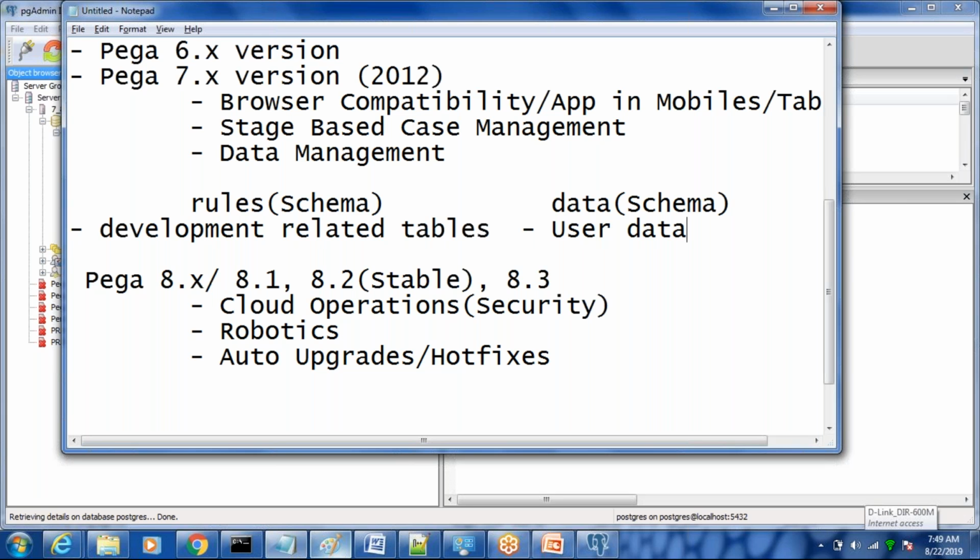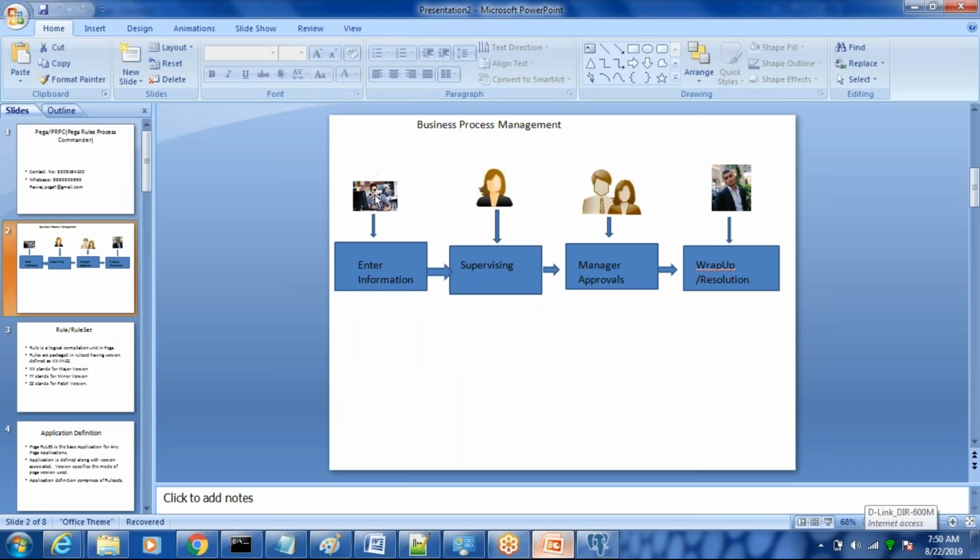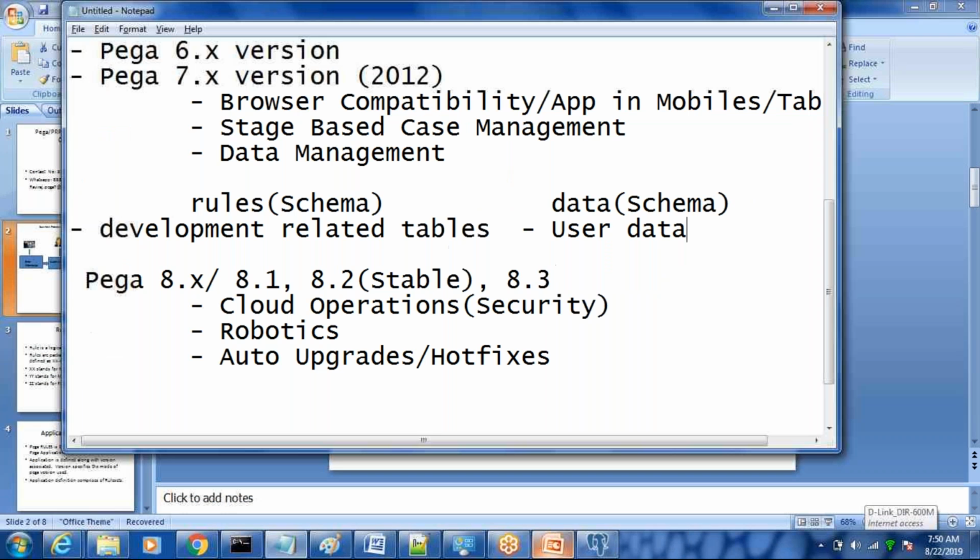So here, let's say I'm going to capture the information of a recruiter, or capture the information of a candidate. Candidate details are something I have to store somewhere. So there is a table which has to be maintained under the data schema, because that is user information. Any user information we maintain under the data schema. Whatever tables are there in the data schema are explicitly meant for storage of data with respect to the user. So the user can update, delete, and add.